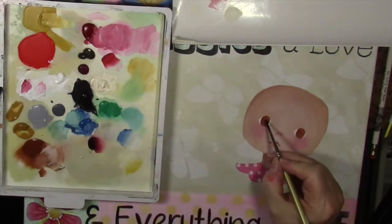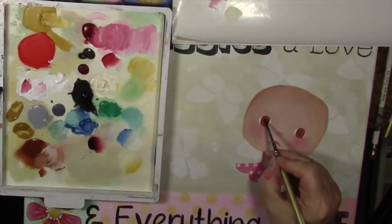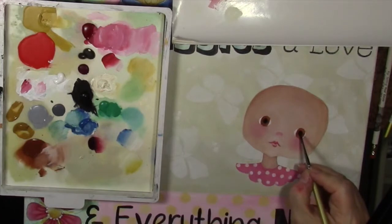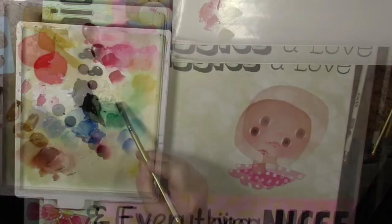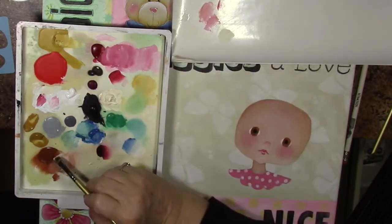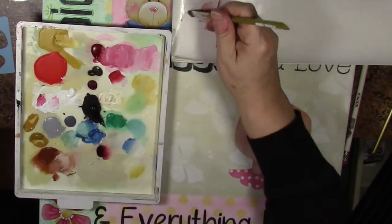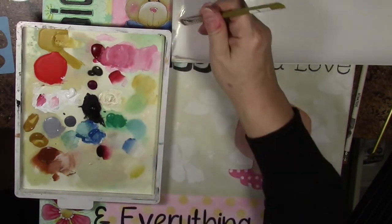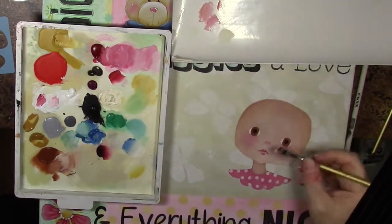Okay, now that's done, we're going to add some pupils into her eyes. We're using black, and these are just sort of little circles in the center of her irises. And we're going to side load with some white plus a touch of burnt sienna. We want to mix up this real light